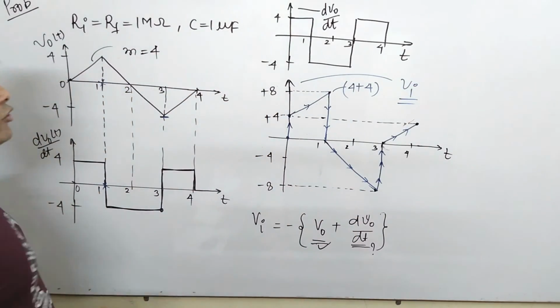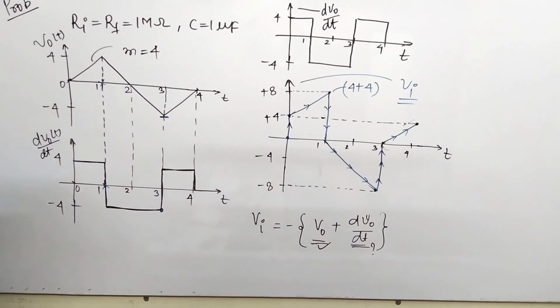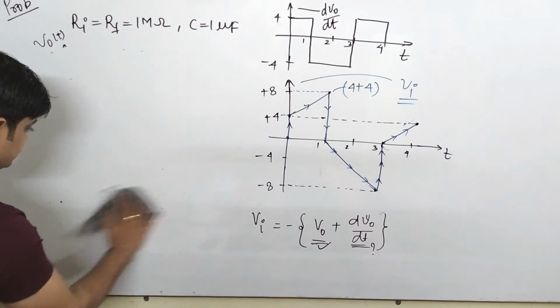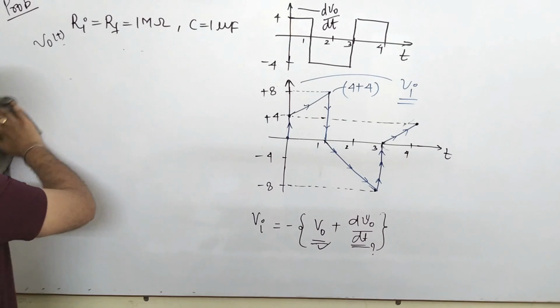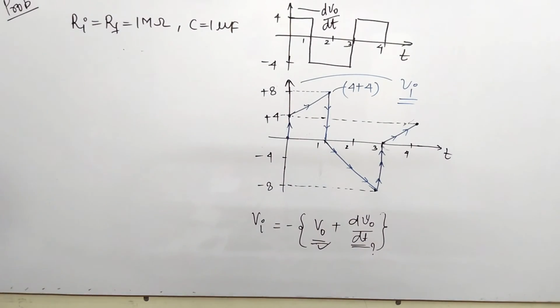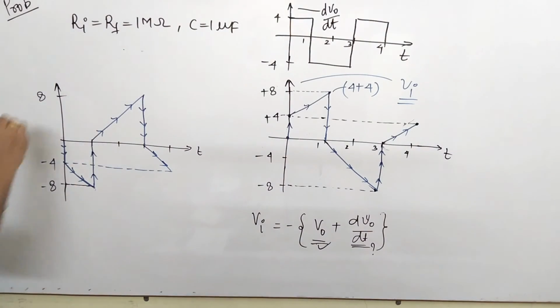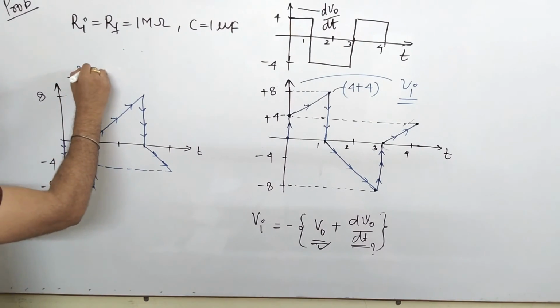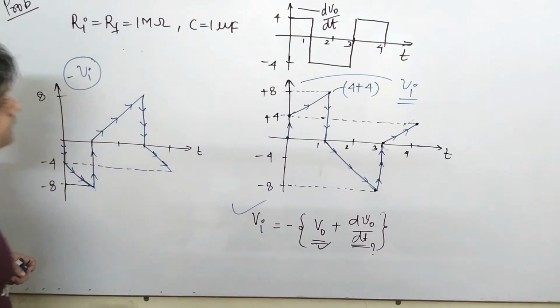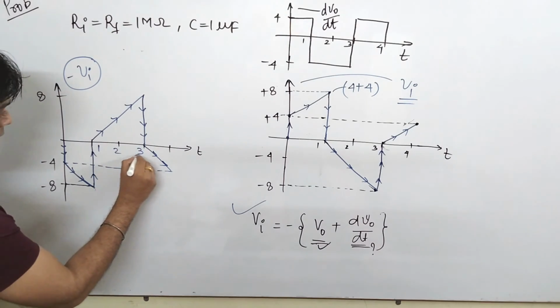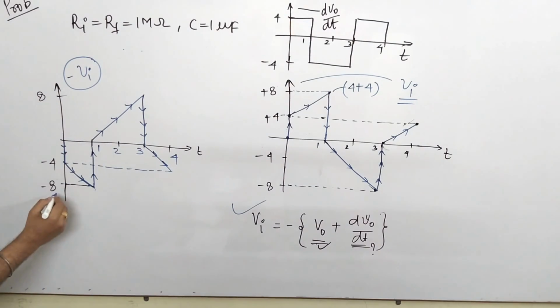But when you talk about minus of Vi, because you have to draw for minus of Vi, simply you have to change this figure. Okay, so now I am redrawing this network. Okay, now this is the value of your minus of Vi, which is your answer. Okay, again this is 1, 2, 3 and 4. This is 8, minus 4, minus 8. We have just reversed the diagram.